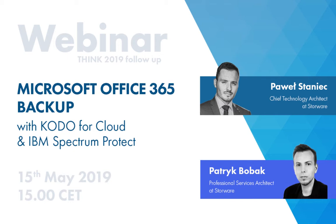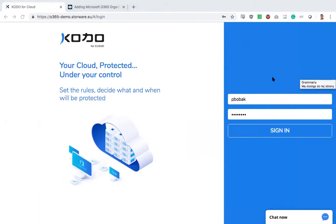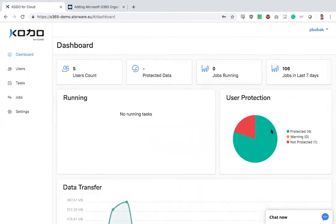I'm gonna share my screen, my web browser. Okay. So this is the first thing we see after we launch our administrative panel. We need to log in to our organization because, like Paweł said, on the one KODO server instance we can have many organizations, and these organizations are separated. They don't know about each other. We have separated data, separate policies, separate users. So now I'm logged in as